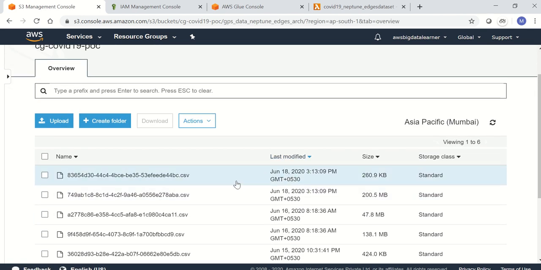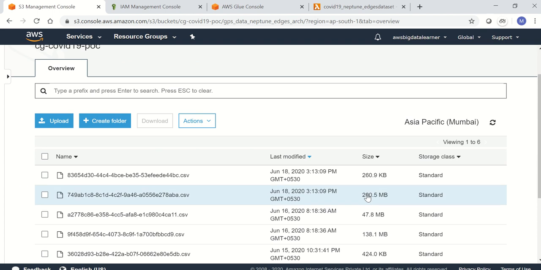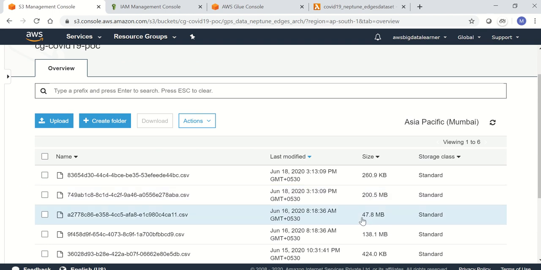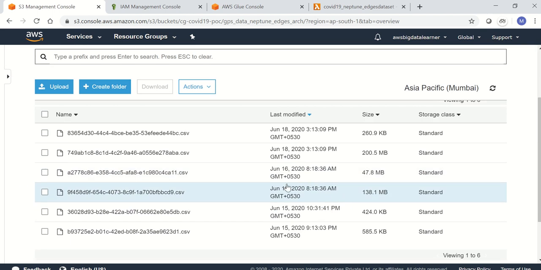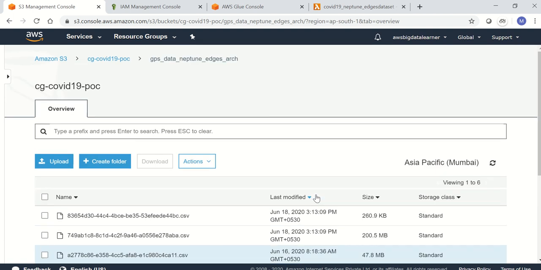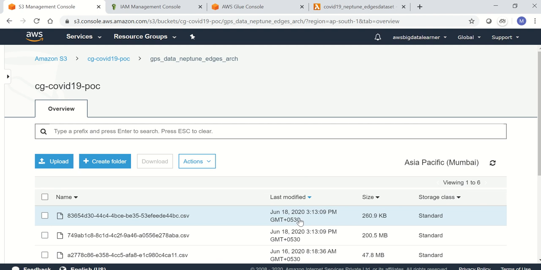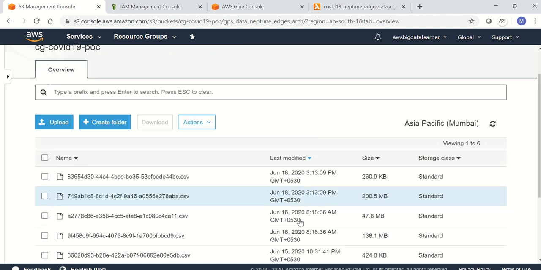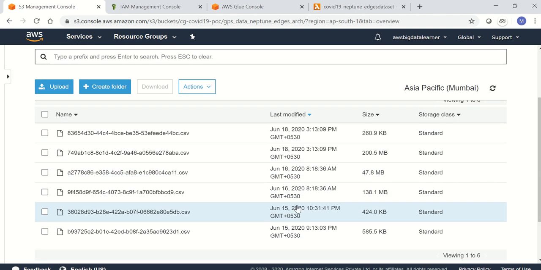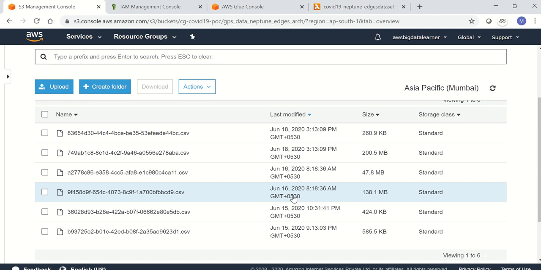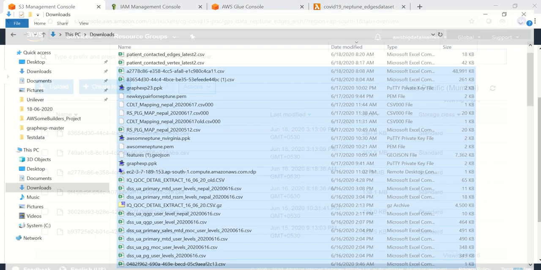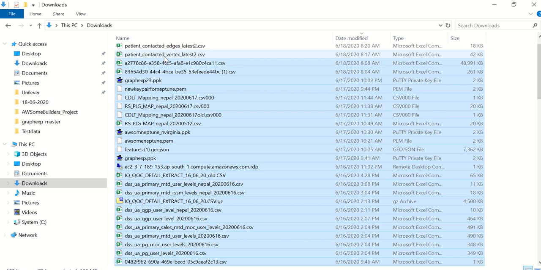So here are the old files which I had inserted, 1 to 2 MB size and very big size files. That's why we are seeing 3 million plus edges. Nodes are always not so many, because the number of patients that we configure, that many only the nodes that we will have. I'll show you here how the nodes are configured.